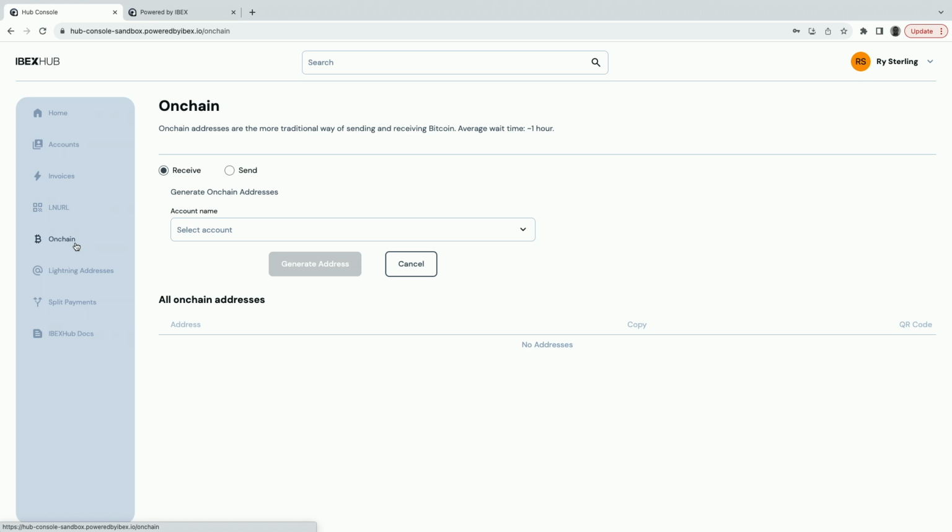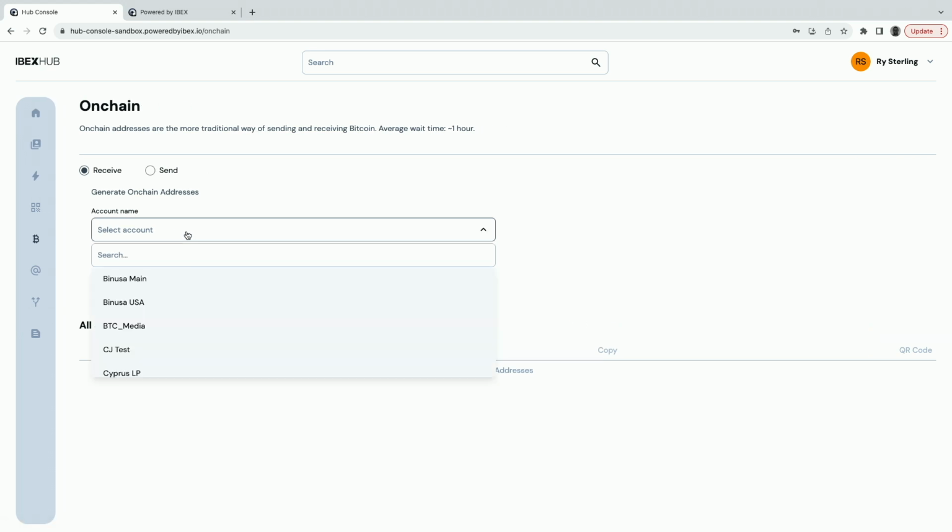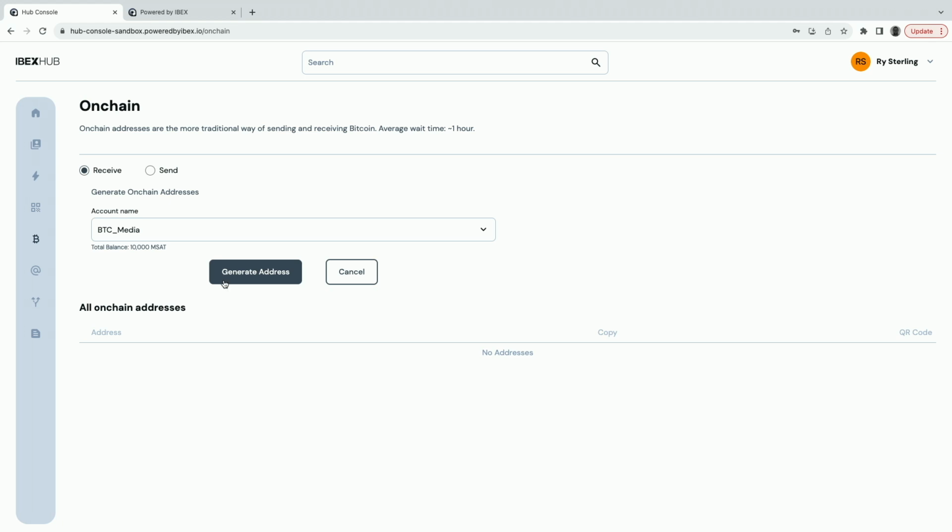Next, we have basic on-chain addresses. I don't really need to explain that to too many people here, I don't think. You can link any account that you have within your hub system to an on-chain address, and when you do that, it creates a generated address. Now, anything sent to that will go into this hub account,